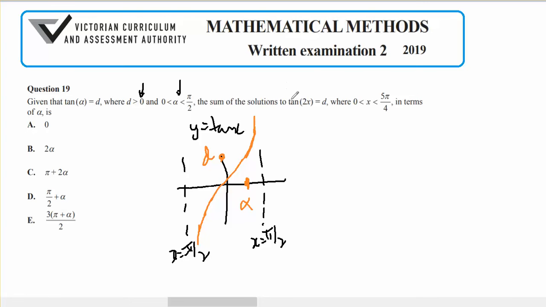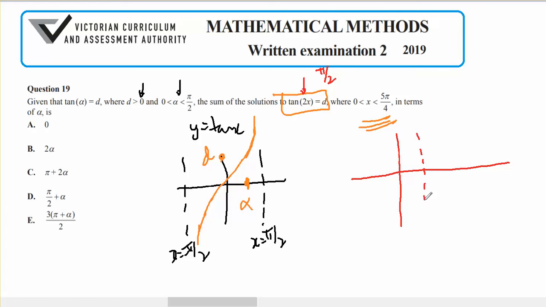Okay, so now I'm looking at the tan of 2x equals d, and this is my domain. So if I wanted to consider tan of 2x, then it's going to have a period of pi divided by 2, therefore it's going to have an asymptote at x equals pi on 4, and x equals minus pi on 4, and my curve is going to look like